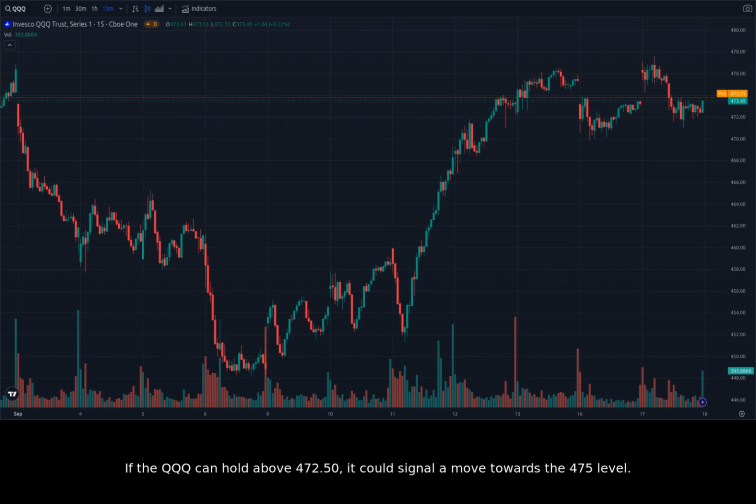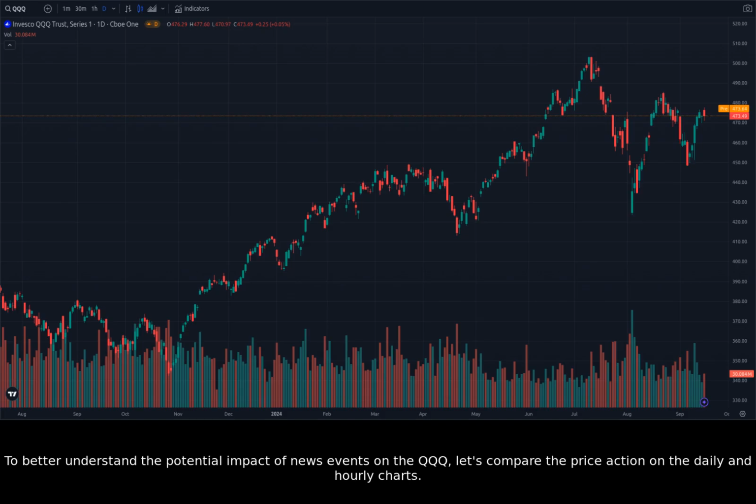If the QQQ can hold above 472.50, it could signal a move towards the 475 level. But if it fails to hold this level, it could suggest that the QQQ is headed back towards the 470 level. To better understand the potential impact of news events on the QQQ, let's compare the price action on the